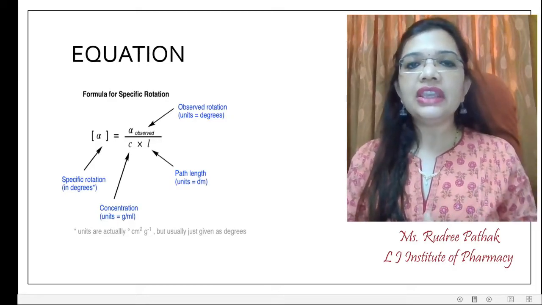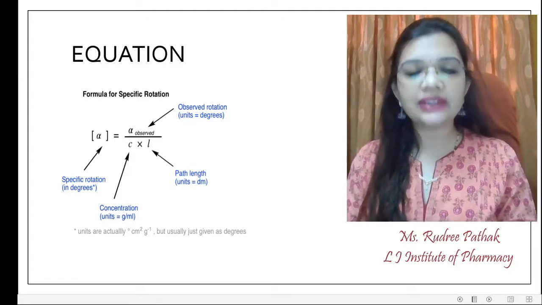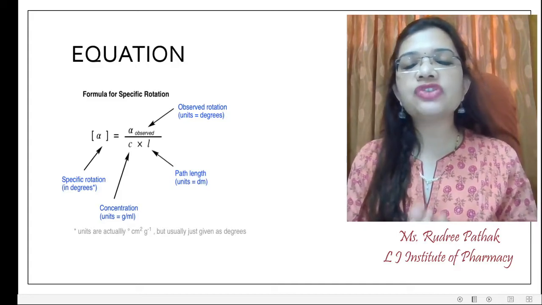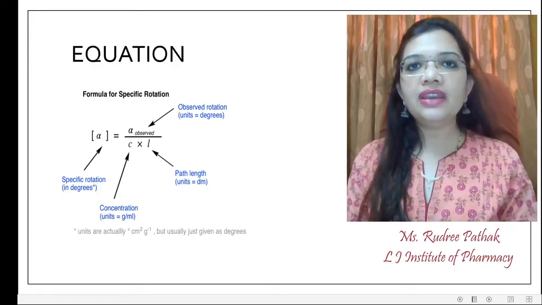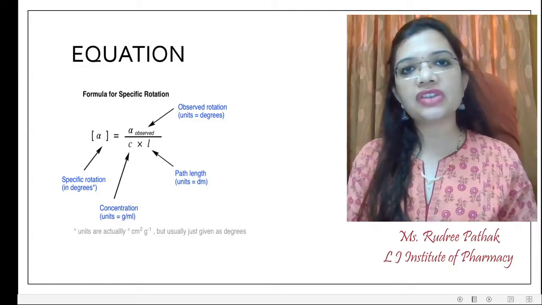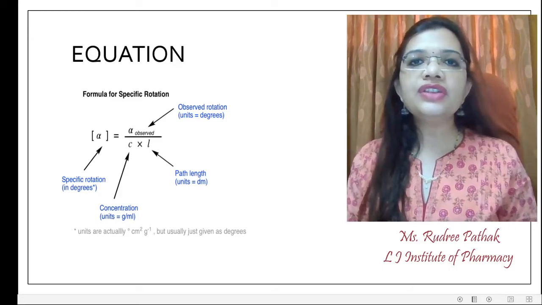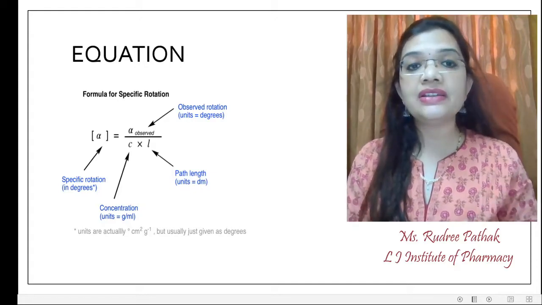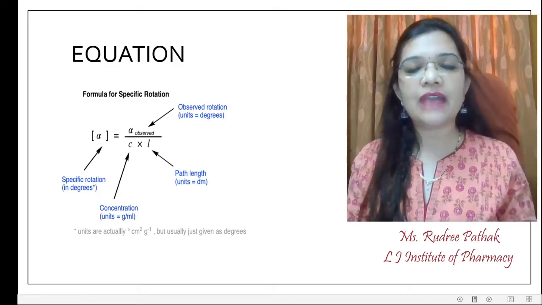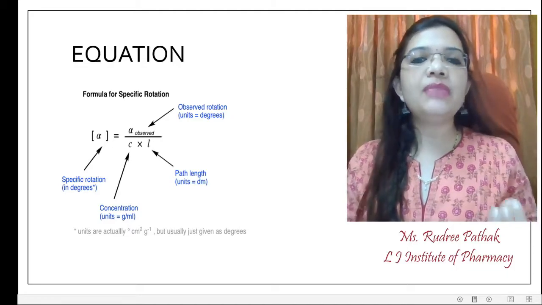Now we have an equation with which we can actually estimate the optical activity of the sample compound. Optical rotation is usually measured in degrees. So if we say what is the equation for specific rotation, then specific rotation can be termed as observed rotation divided by concentration of drug substance which is analyzed, multiplied by the path length in which the ultimate sample or the drug solution is placed. So this equation is important from an exam perspective.